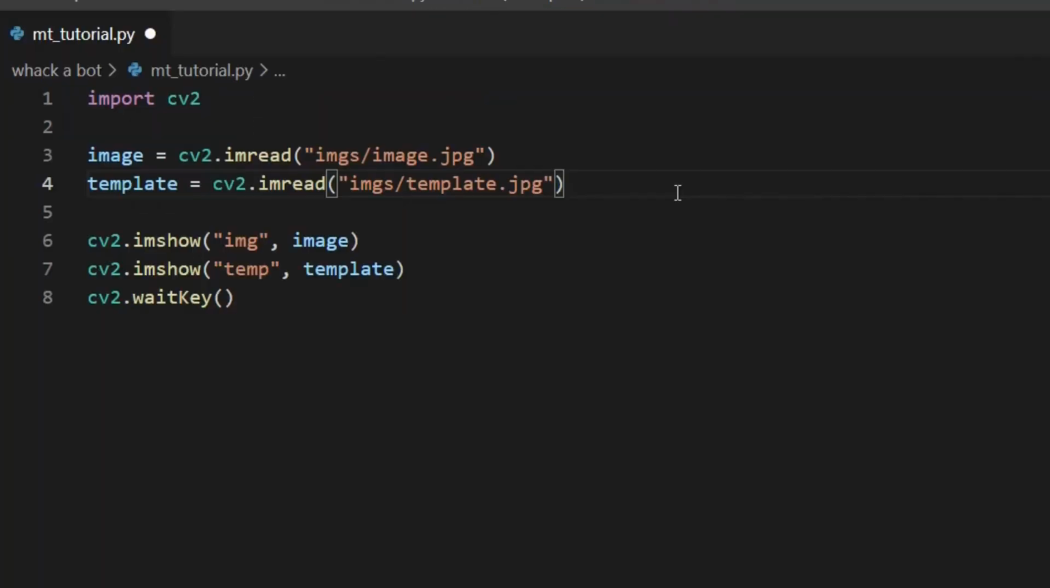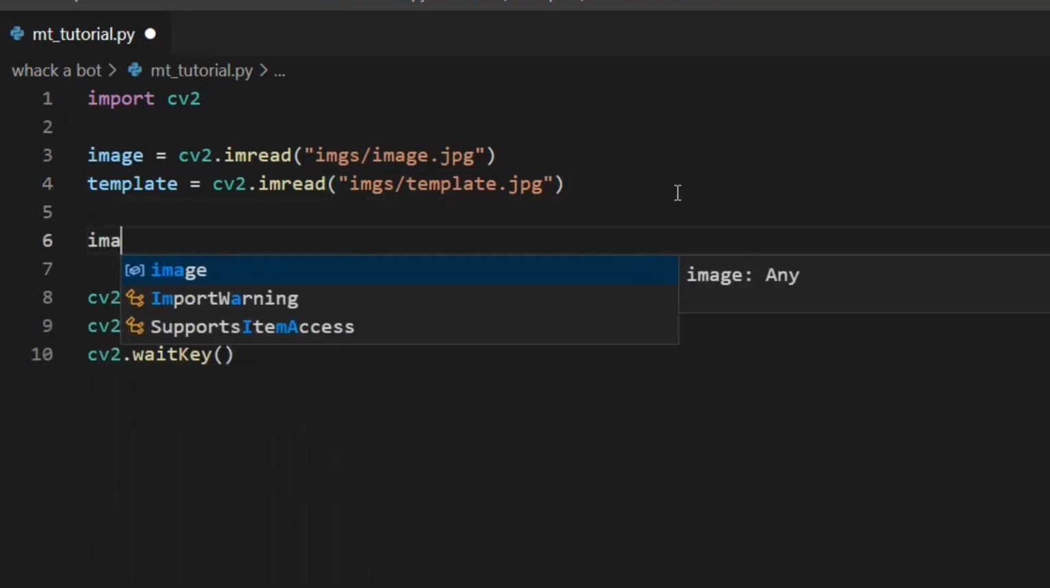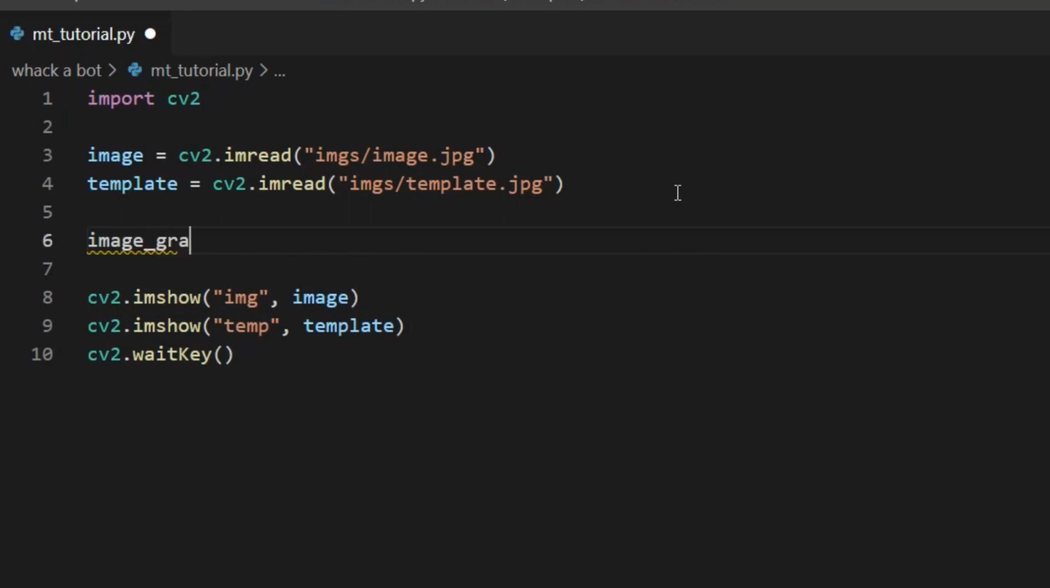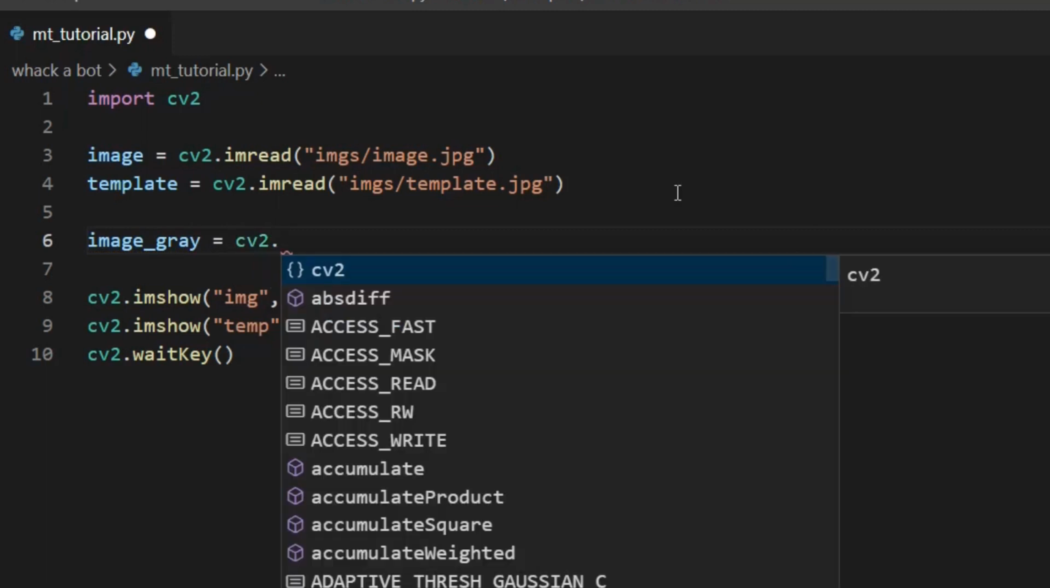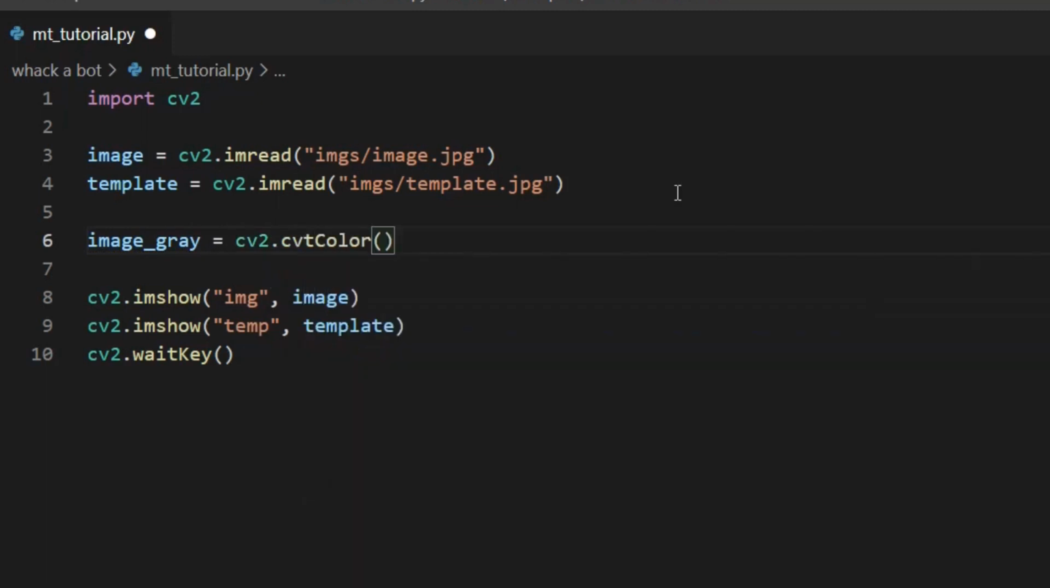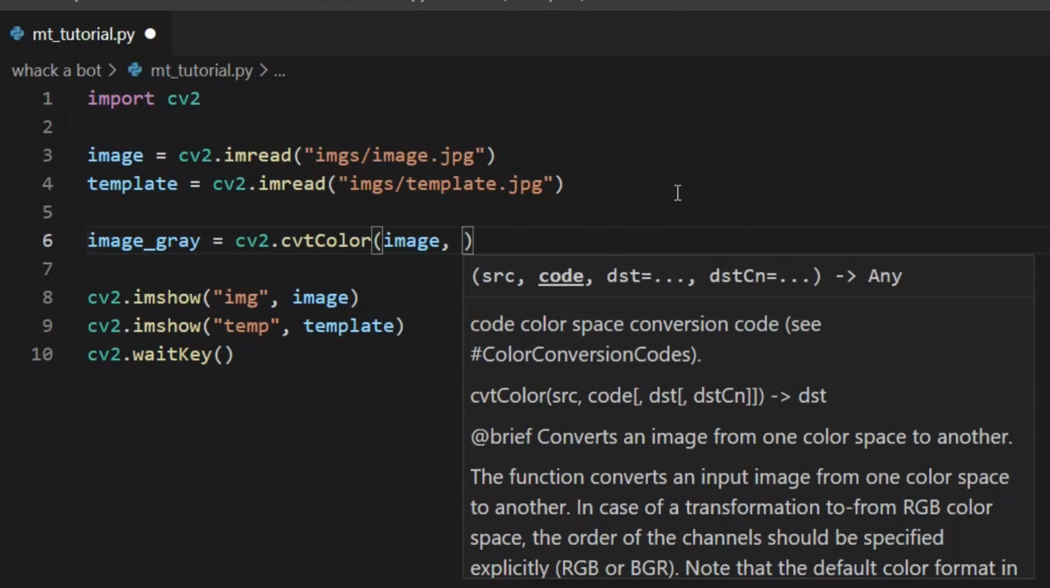Matchtemplate seems to work better on gray images, although this is not always true. However, I feel it will be better in this case to gray them. To convert the color images to grayscale, let's create an image underscore gray variable and set it equal to cv2.cvtColor. The first argument in this function is the image we want to convert to grayscale. In this case, let's use our image, comma. The next argument is what type of conversion we want. So let's do